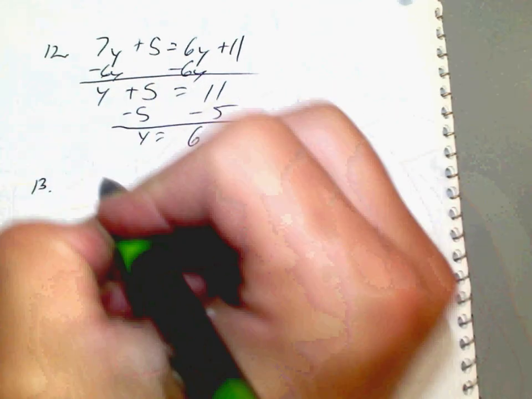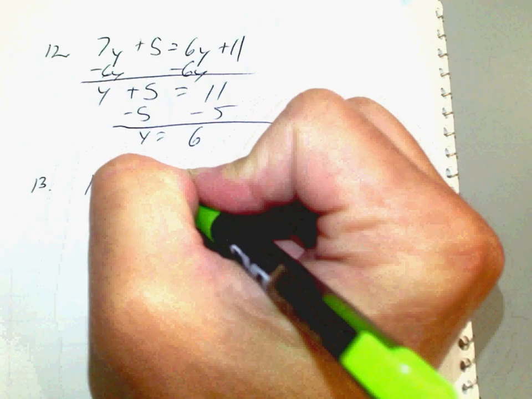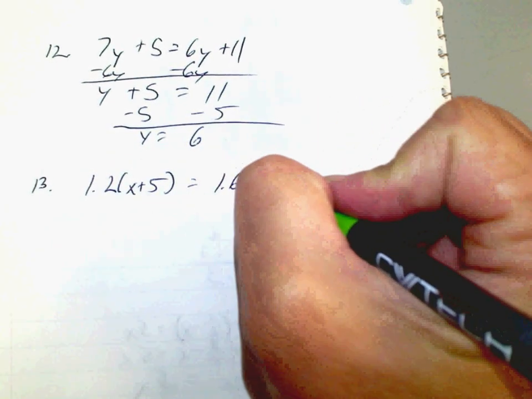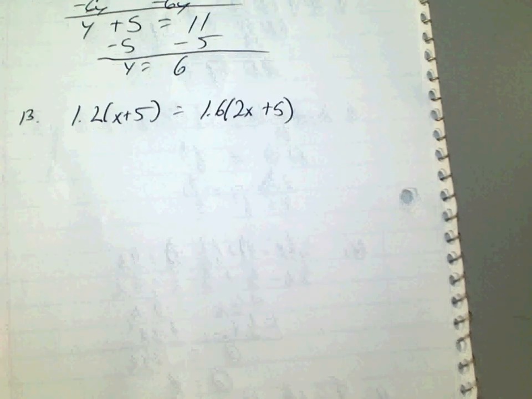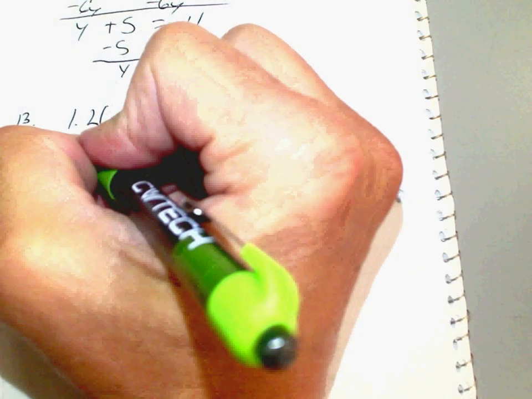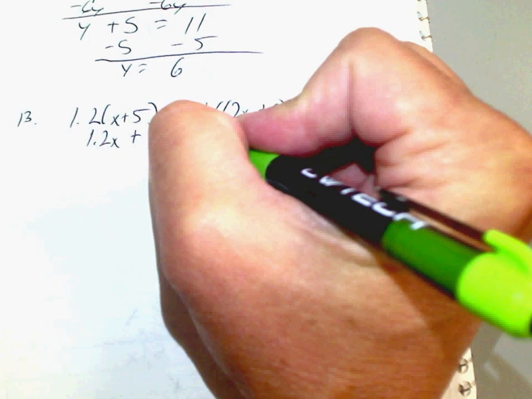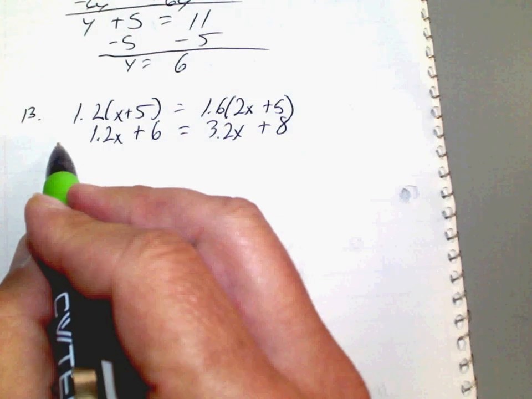13, 1.2, 1.6. Y'all might have to help me because I don't know if I can mental math all this stuff. We'll see here. Distribute 1.2x plus 6 equals 3.2x plus 8. So if I take the x's to the left,